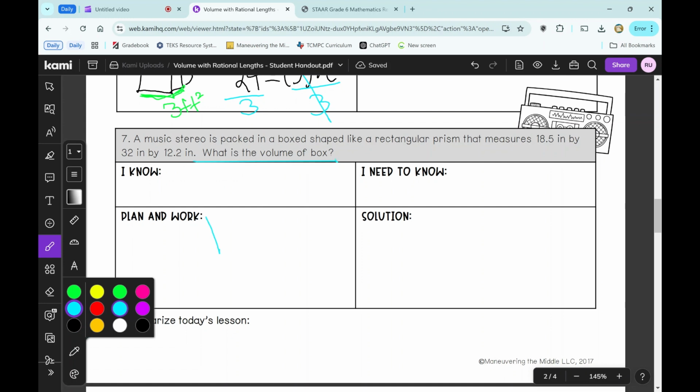When you're planning or working, you use volume is equal to base times height, knowing that that base is actually going to be your length and your width. So share your work on this problem and you should be good. Once you're done solving this, you can start working on your homework. If you still have time,